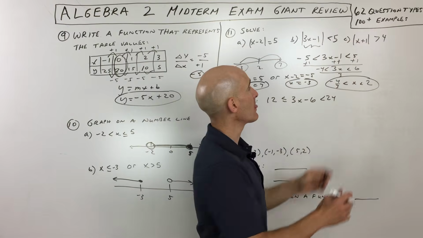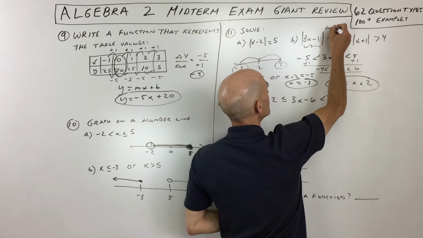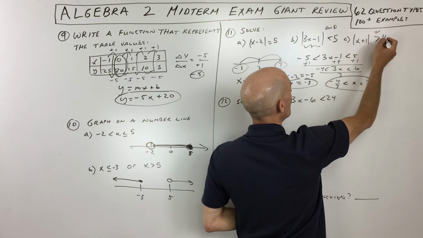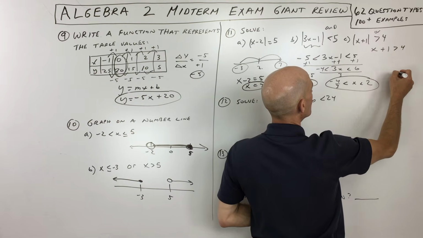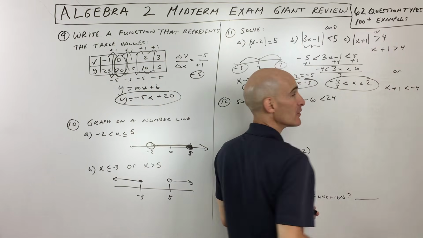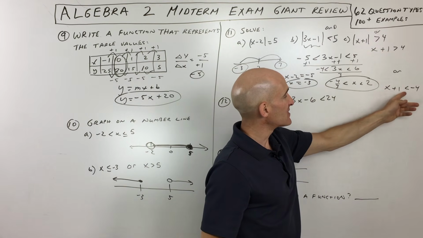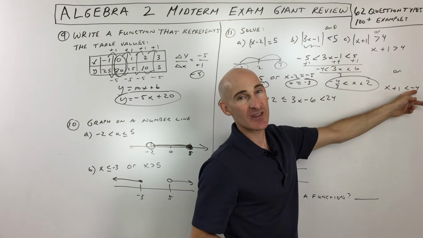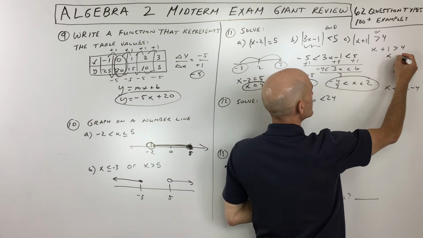Now in greater than, okay, when you think of less than, you think of and. When you think of greater, you think of or. So what you would do for this one is you'd say x plus 1 is greater than 4, or x plus 1 is less than -4. Okay, so see what I did there is I flip the sign to the opposite, and I flip this number to the opposite as well. So x plus 1 is greater than 4, or x plus 1 is less than -4.